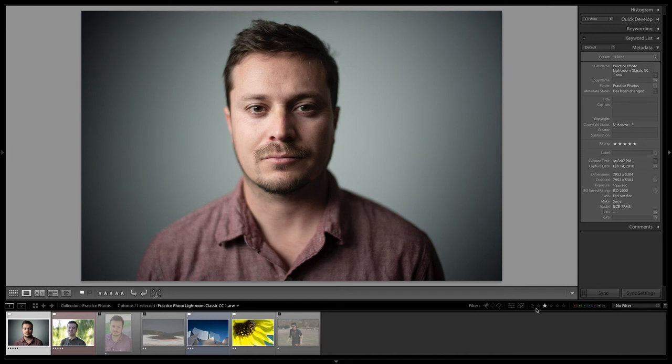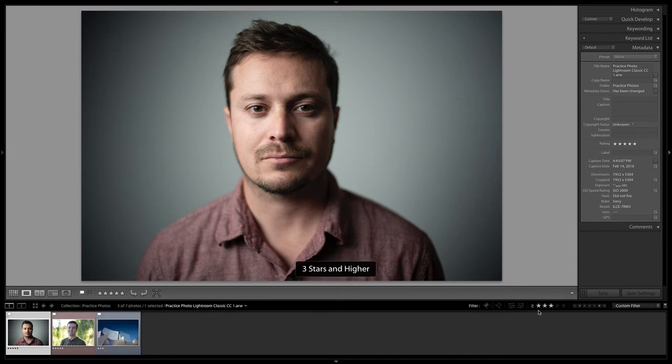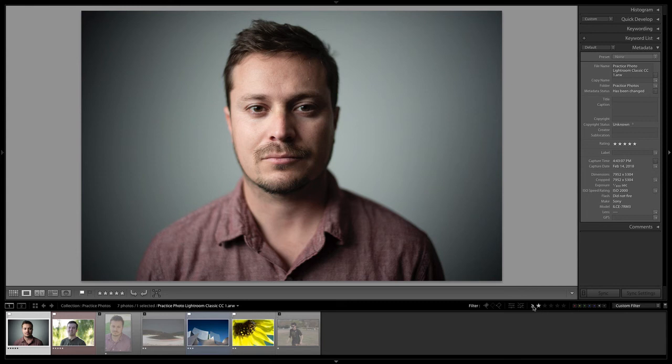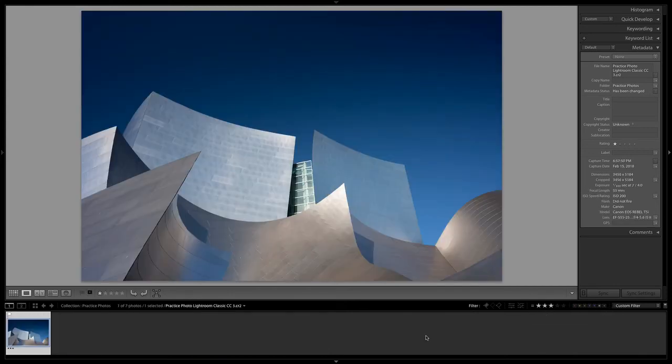Next, we have our star rating. So here we can set our star rating. If we click a star, it will automatically filter to photos that have been given a rating of 3 stars or greater. If we click 4 stars, it will be 4 stars or greater, 5 stars, 5 stars or greater, or 1 star or greater. Or you can click the little equals sign down here and choose what you want it to be. It could be less than or equal to, or equal to. Maybe we just want to see 3-star photos, so you set that to equal to 3 stars.